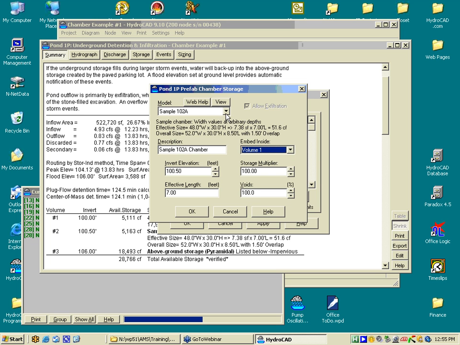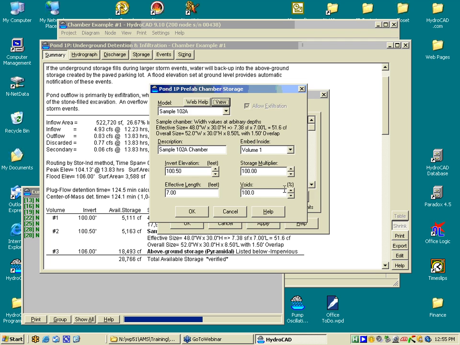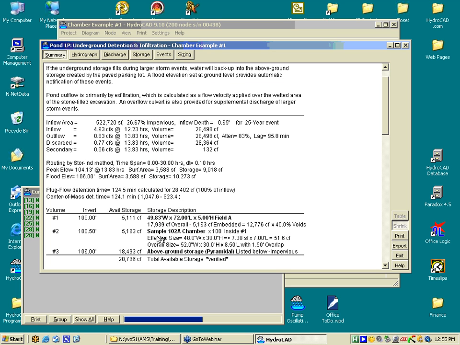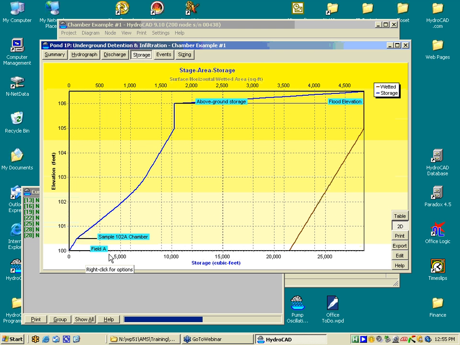And we can pick, of course, the specific chamber that we want to use, and we can go back to the chamber viewer where we just were and look at the cross-sections for different chambers. And so the software does the calculation of embedding that chamber inside the stone and then allowing for the voids in the stone, 30 to 40%, and calculating the storage that results. And so we then have a stage storage curve, which is this blue curve on the left, and what it's